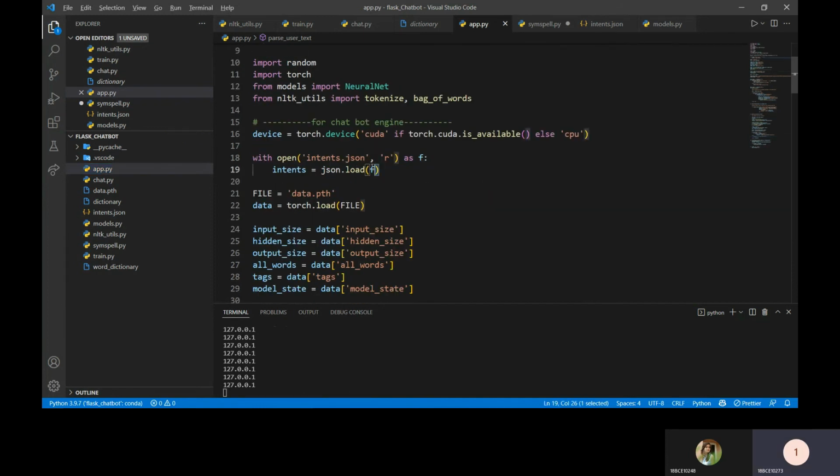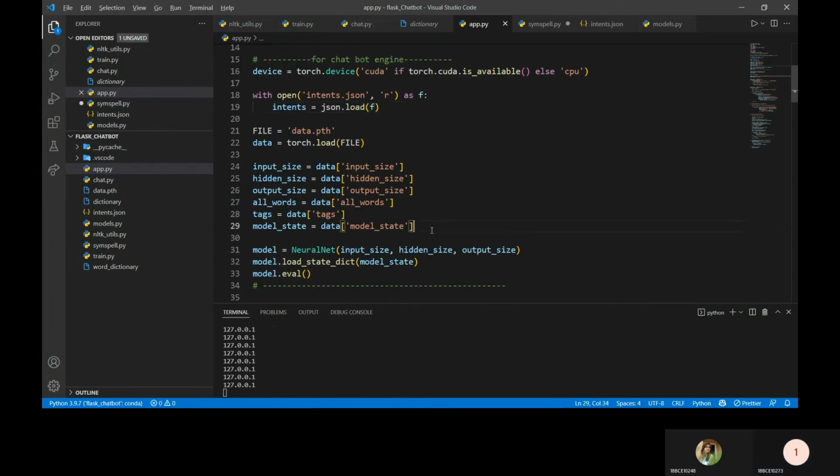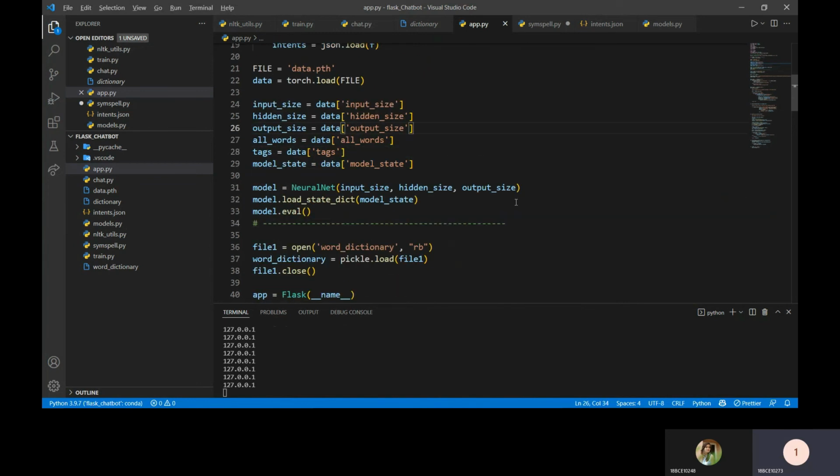First we are taking our data corpus that we have made by ourselves and loading it into intents. Then we are loading all our different variables and constants, and then we are making our neural network model and storing it so that we could use it for our training. After training, we could use that model here.